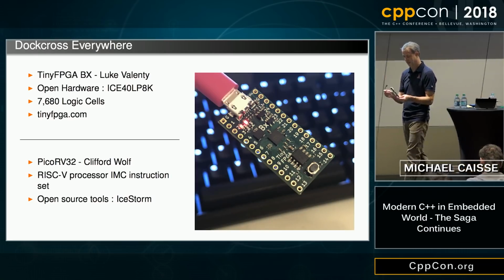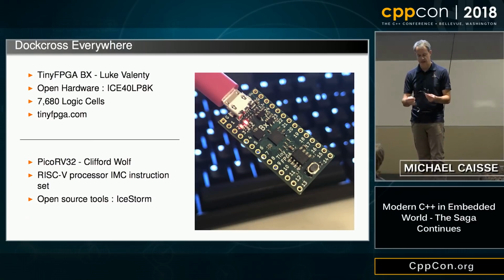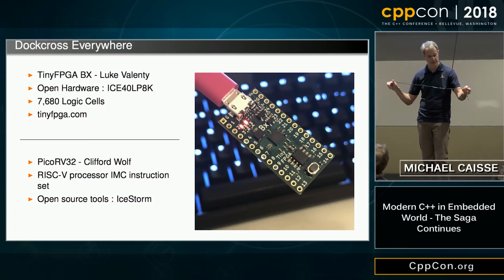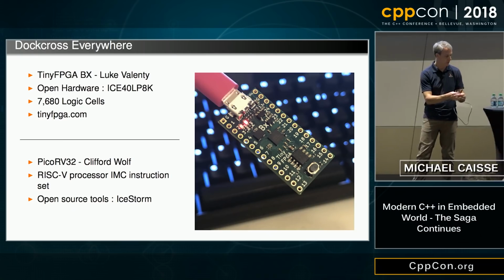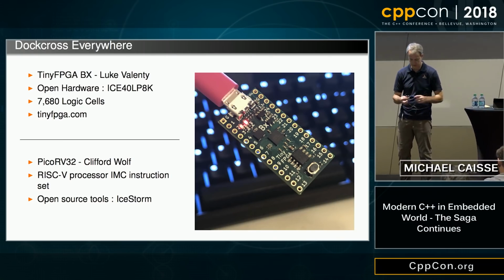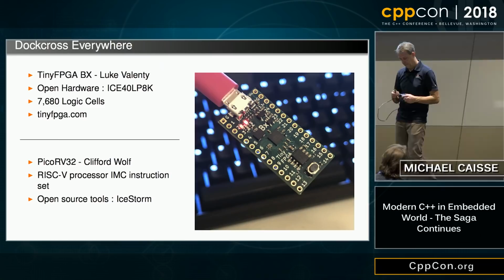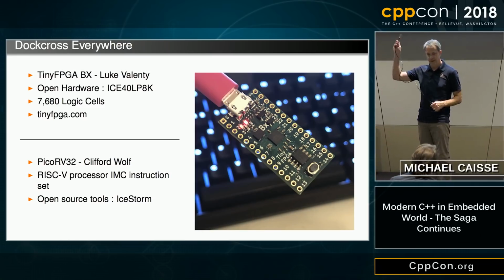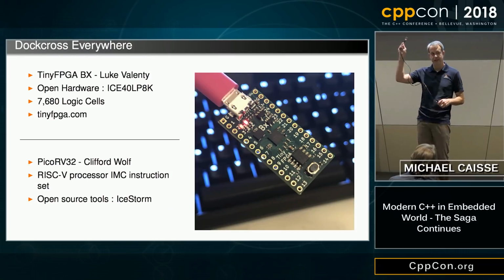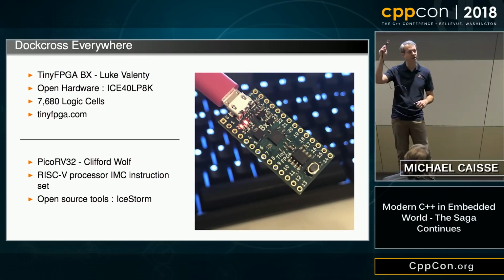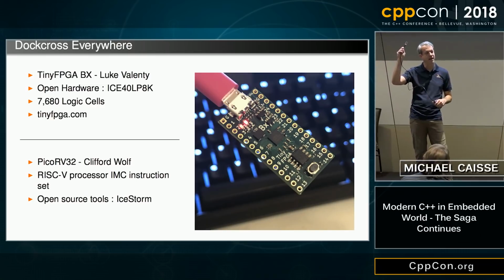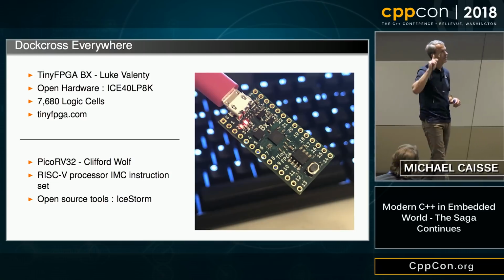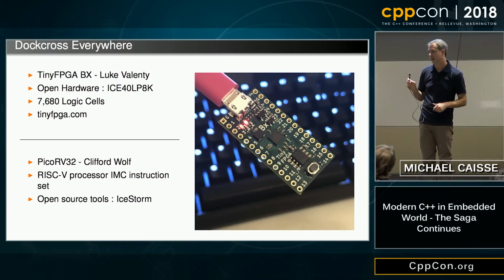So this is a little FPGA. The specs are up behind me, and this is a board called a Tiny FPGA. Luke does these. It's an open hardware project. You may or may not be able to see the little LED blinking, but what's happening is I've set up one of these DockerCross things, and Clifford Wolf's RISC-V core is being built,